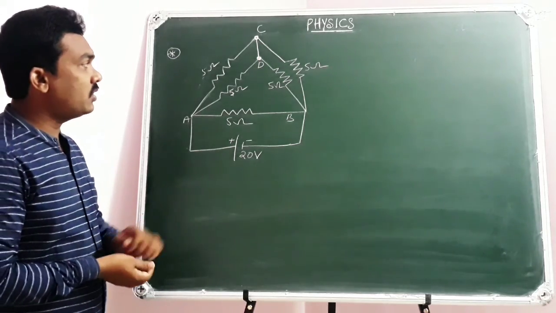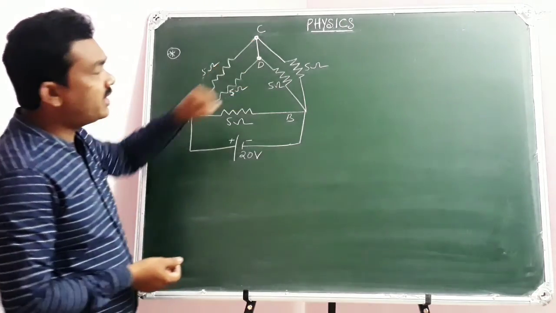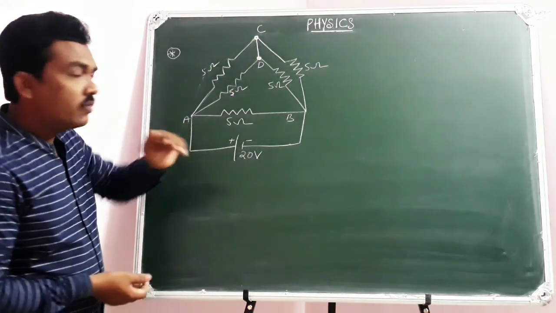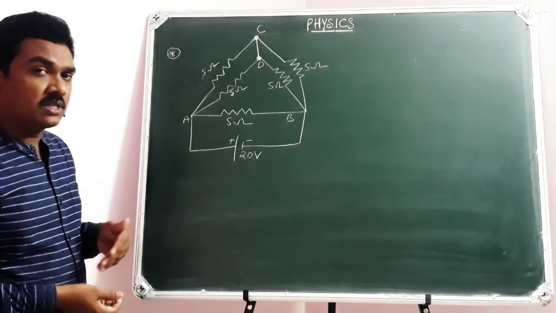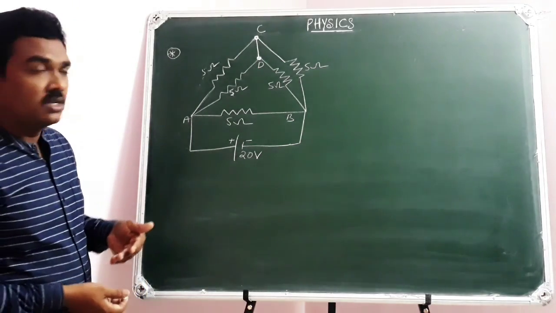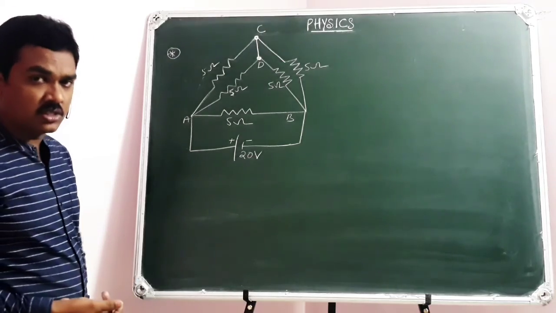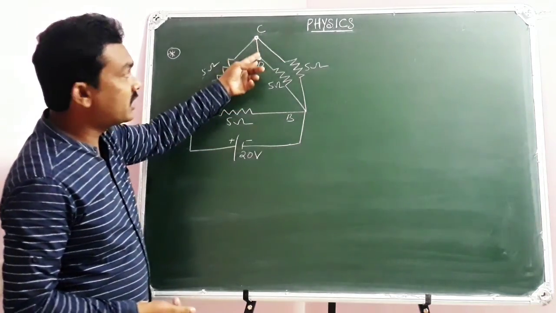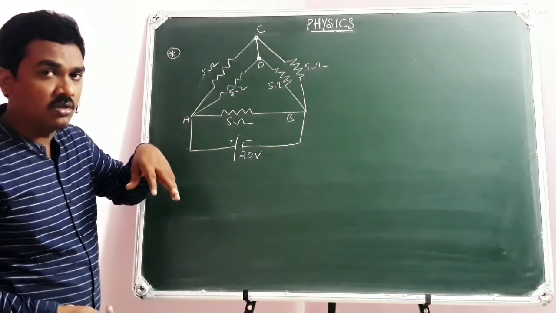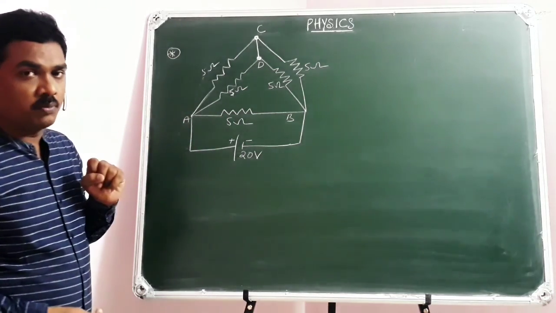In that process, if you look at the arrangement, here look at the points C and D which are connected directly without any resistor. They are connected by a conducting wire. You may suppose, sir, conducting wire will offer some resistance, but as per my diagrammatic representation, it offers a zero resistance path, so that C and D are at the same potential. Since they are connected directly without any resistor, there is no potential drop. So C and D will be at the same potential.